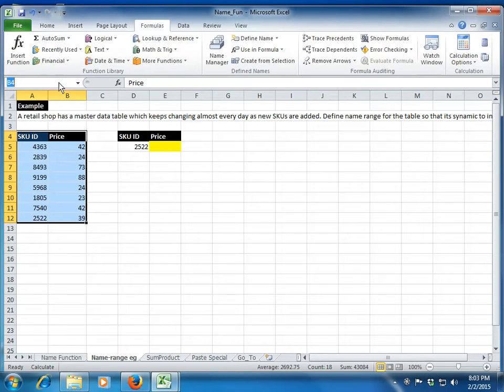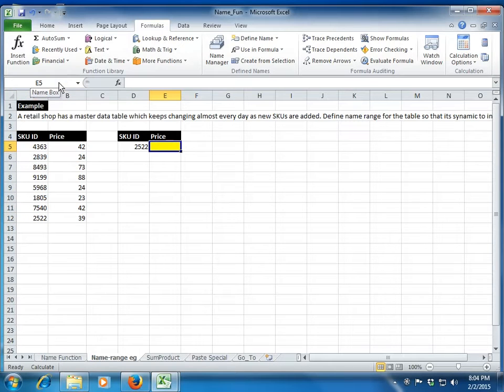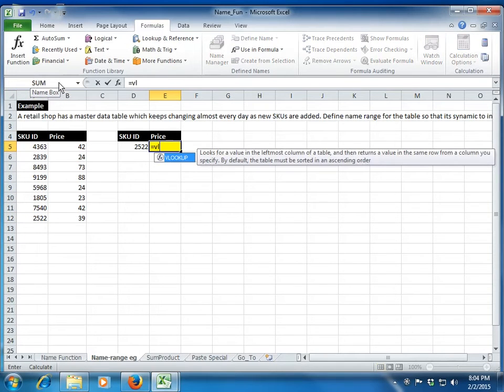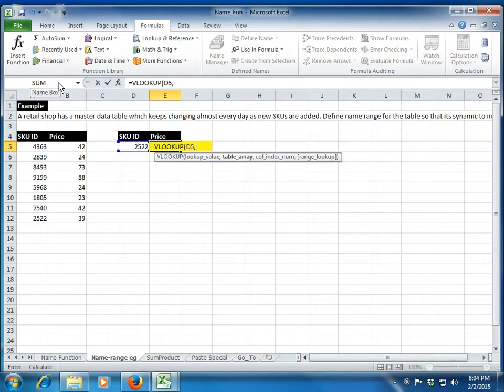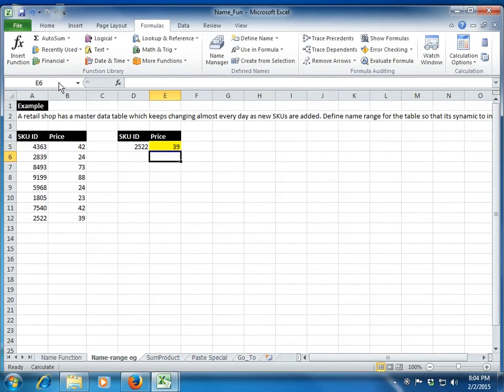Sorry, I forgot to select. So trial underscore table 2, and I give it a name. So now this table has been defined. Let me use a VLOOKUP formula to pull the value of this particular SKU ID. So I say VLOOKUP. My lookup value is this. My table array is trial, so I select this trial table 2. I press tab to select it. My column number will be 2, and I give 0 for exact range, and you get this value.